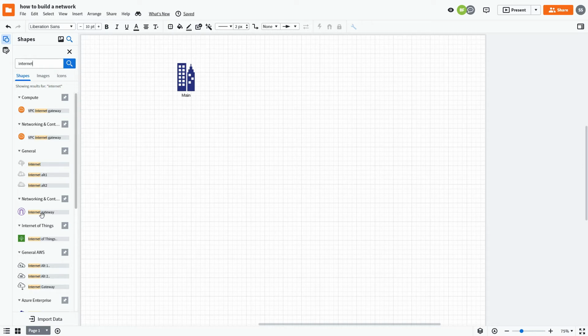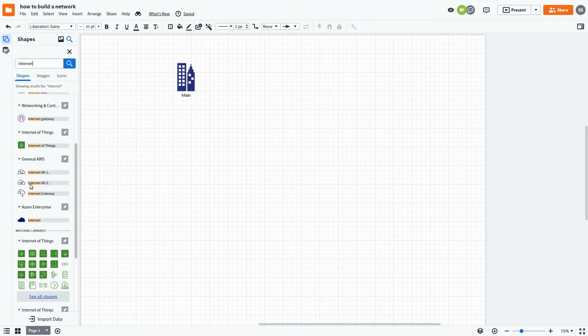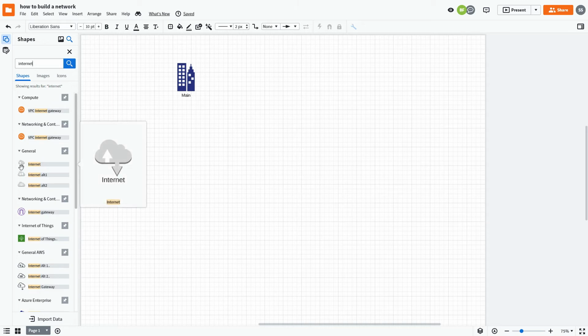So we can represent our internet. We have many options here. I'm just going to grab this cloud one. Two-way internet. So internet is very important, right? So our internet's coming in now. It's not dependent. Our network can still run without internet, but if we're going to be running on other sites,